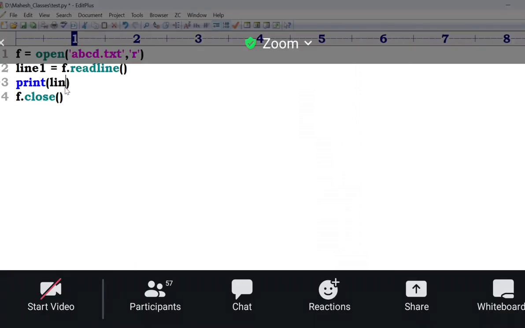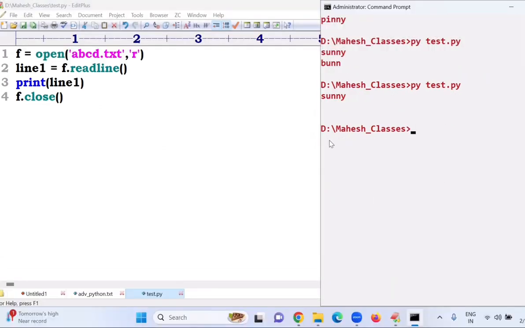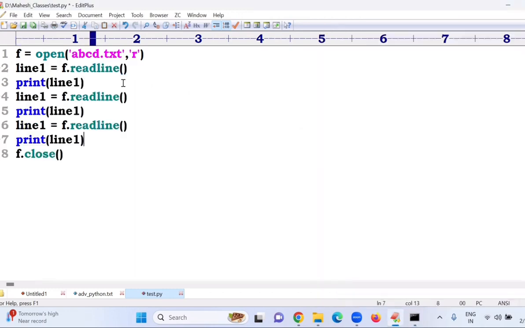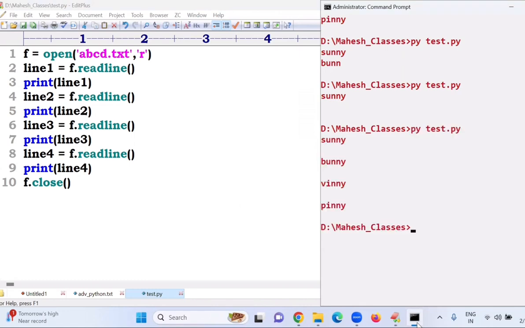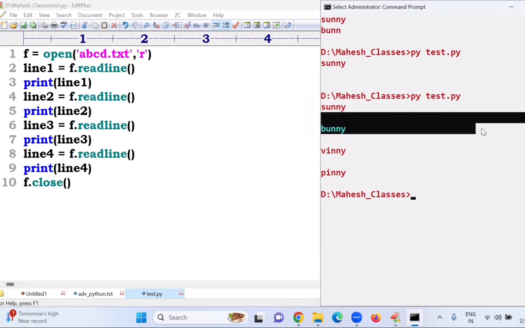Print that one. Line 1. Read? Yes, sir. Same. How many are there? 4 are there. Second time, that is 2. Next 3, 4. One, 2, 3, 4. Sunny, Bunny, Winnie. But every line